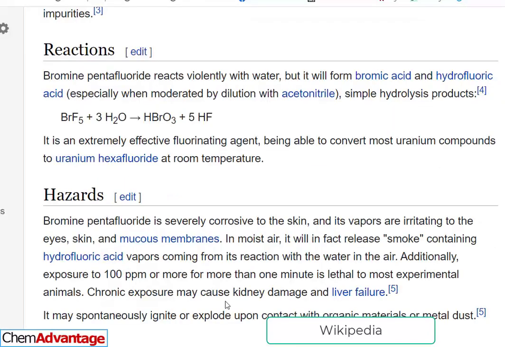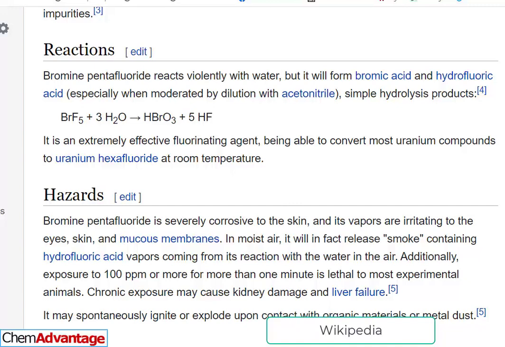I went to Wikipedia and found out a little bit more about it. This is something that they use in making nuclear weapons. And it's bad enough all by itself. So I guess if you're working with nuclear material, working with a substance that is corrosive to the skin, irritating to eyes and mucous membrane, creates a toxic smoke, reacts violently with water, and is lethal up to 100 parts per minute for almost any creature exposed to it for a minute. So that's our